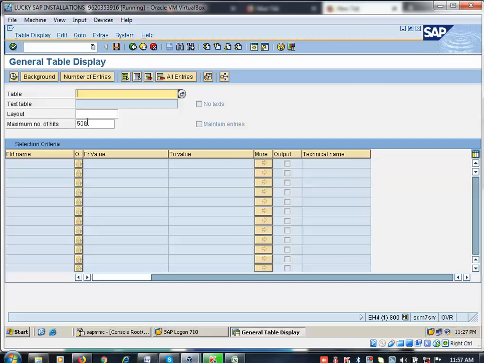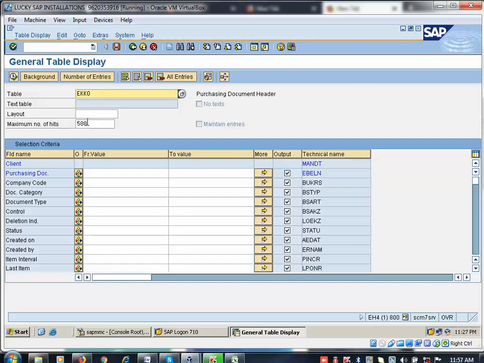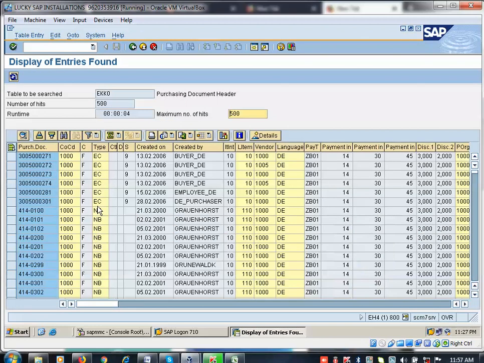Okay. So now table. Your table name is EKKO. You people already wrote this in the last session. Okay. EKKO. Now you need to enter the company code as 1000. So 1000 you enter here. Click on execute display. 1000 also you can do. 0001 is available in your laptop, that also you can do. 1000. You see now there are multiple POs available here. So now you can come here, 305000.